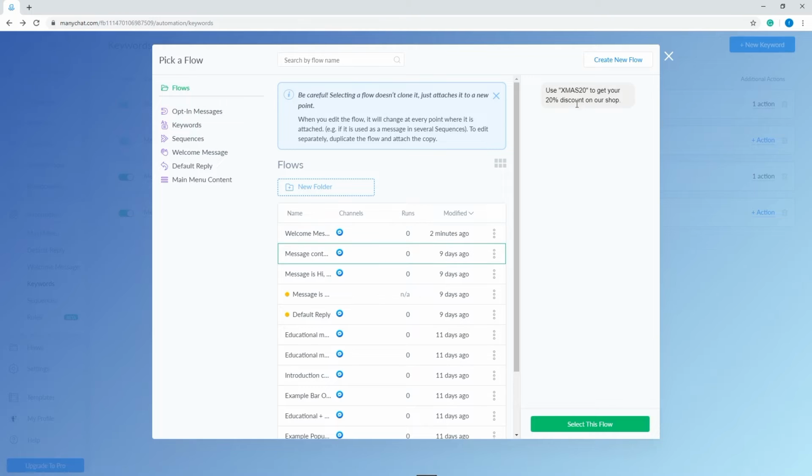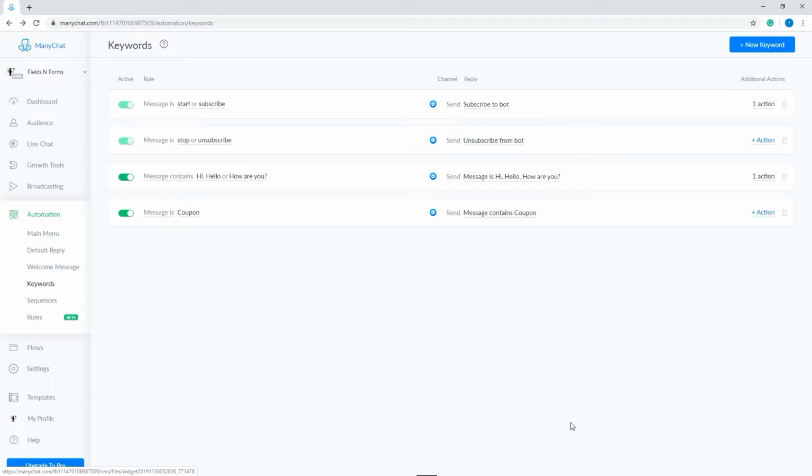Then click Select this flow. If you want to change the rule, just click Message Is and you'll see the available rule. Message Is only accepts keywords that are exactly specified. This rule is very strict. It's not case sensitive, but if there are additional letters, spaces, or symbols, then reply or actions will not be